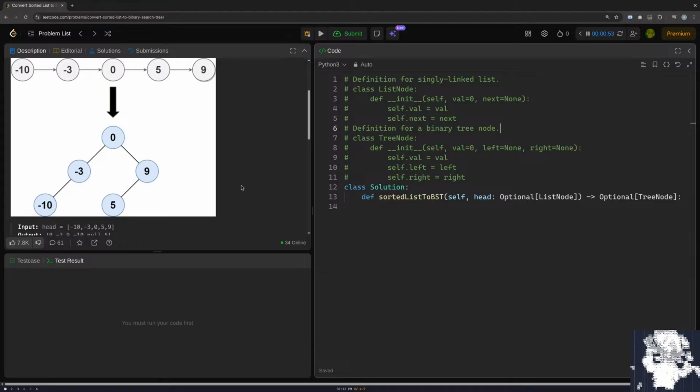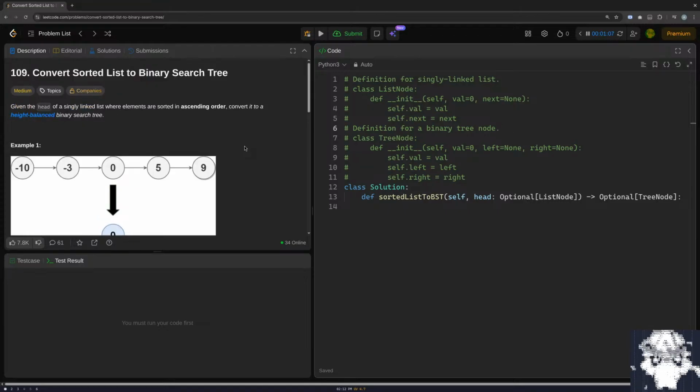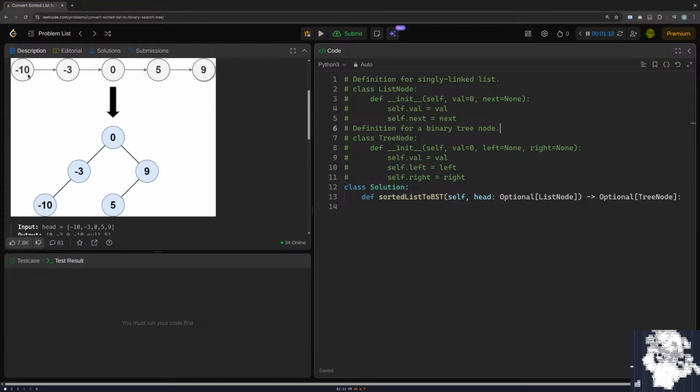The other thing that I can think of is, well, we could use the full algorithm for constructing binary search trees iteratively, where we start by making -10 the root, and then we get -3, and we figure out how we can rebalance the tree when we insert that, and then we have 0, we figure out how we can rebalance the tree when we insert that. That's going to be really complicated,